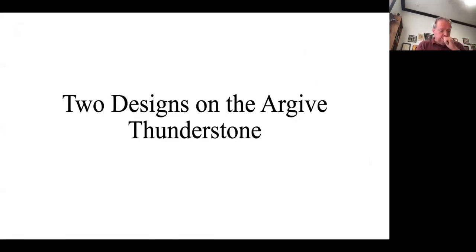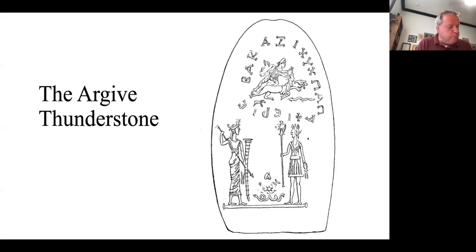Our second example of designs borrowed from magical gems is this large axe head now in Athens, but said to come from Argos. It is of a hard stone of green color, probably serpentine, and in Roman times, one side of it was engraved with 2 scenes, the only thunderstone to have more than 1 scene on the same side. On the lower half, we see